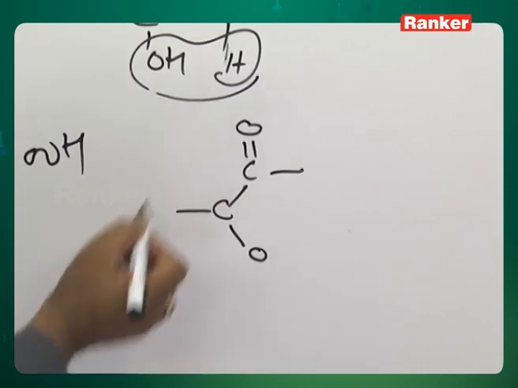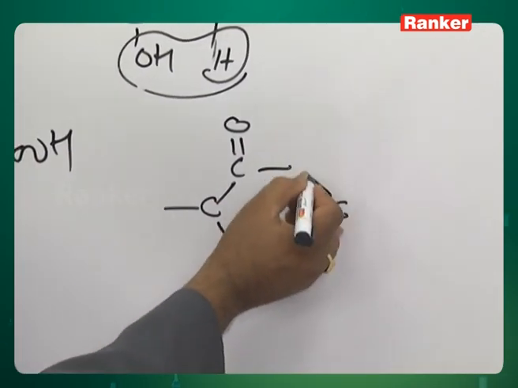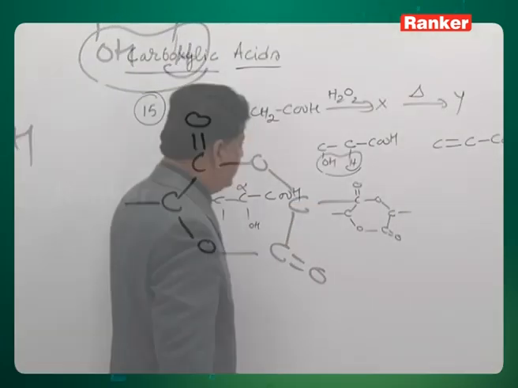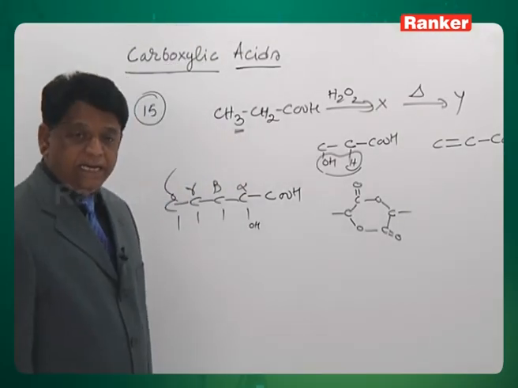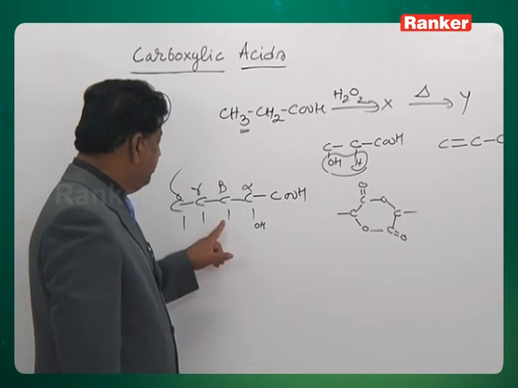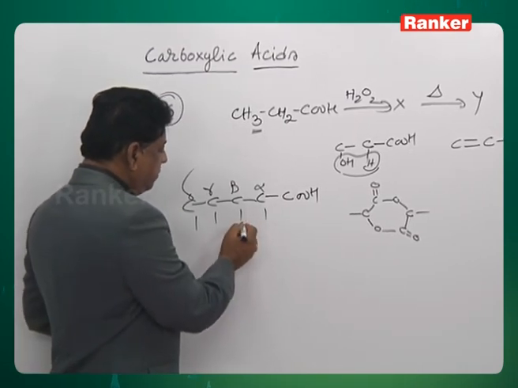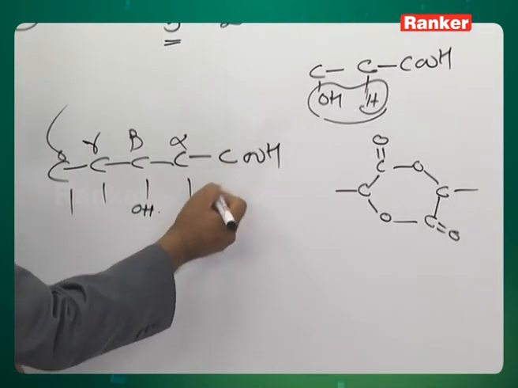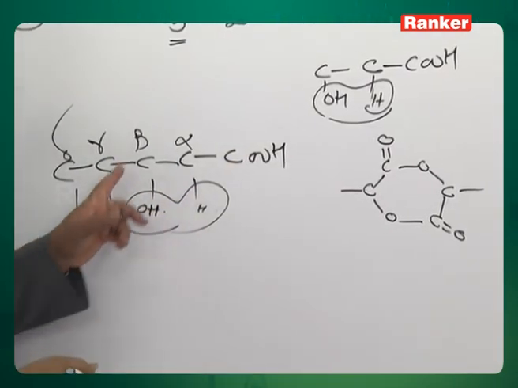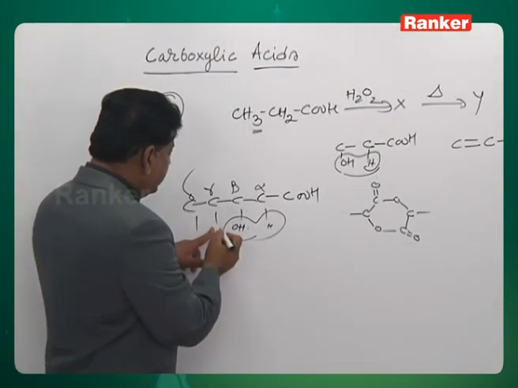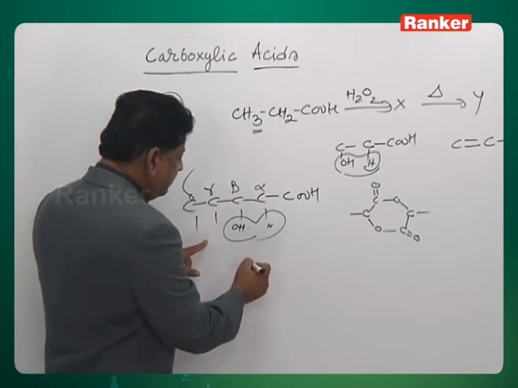This is a hydroxy carboxylic compound, a compound with a hydroxy group and a carboxylic acid. This is called lactide formation. Alpha hydroxy acids on heating become lactides. For beta hydroxy compounds, if the OH is beta, the alpha hydrogen shows hyperconjugation, therefore elimination takes place and we will get an alpha, beta unsaturated acid. If gamma onwards is there, gamma OH, if it is there like this,